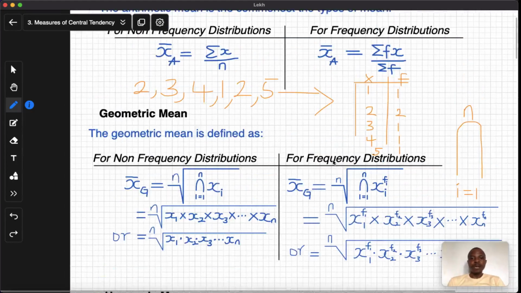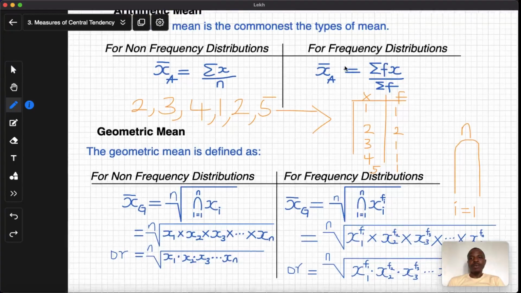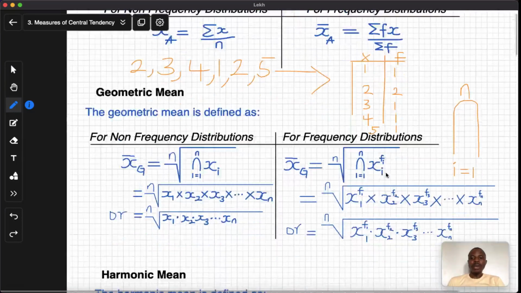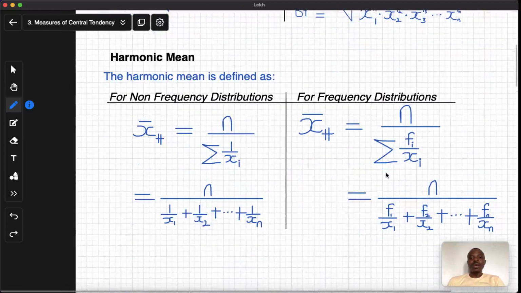Looking at that, it's similar to the arithmetic mean. Don't forget, you're going to say f times x. So 1 multiplied by 1 plus 2 multiplied by 2 plus 1 multiplied by 3 plus 1 multiplied by 4, like that, until you're done. All right, so coming to the harmonic mean,